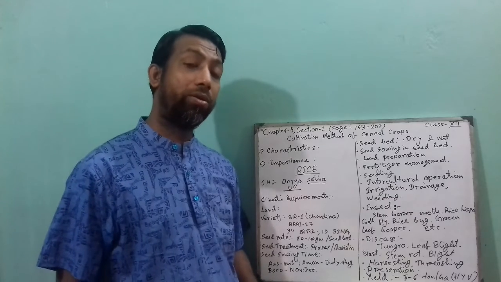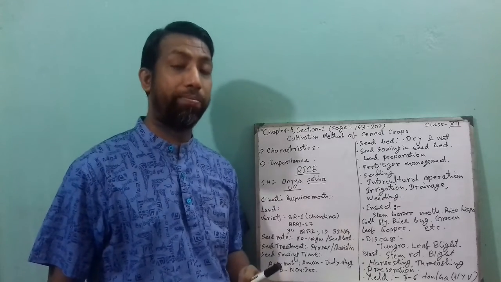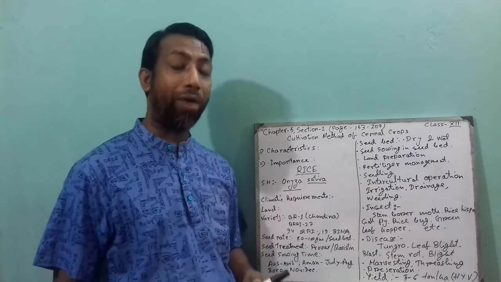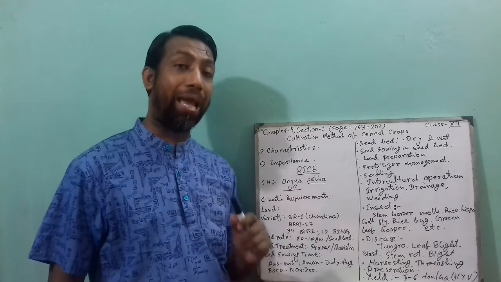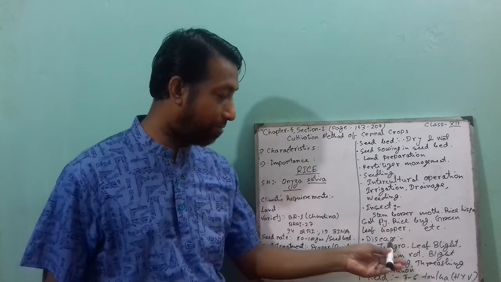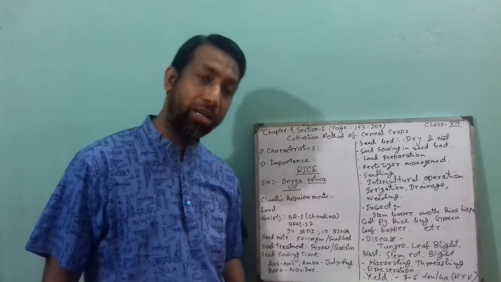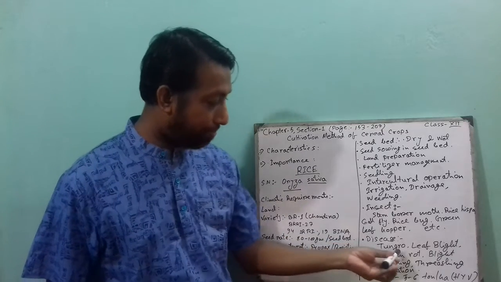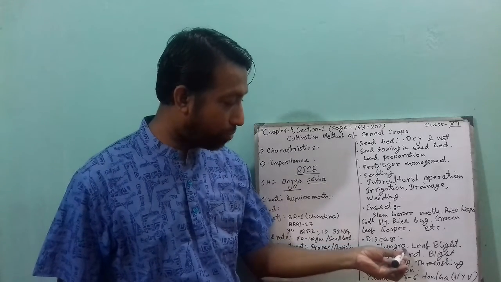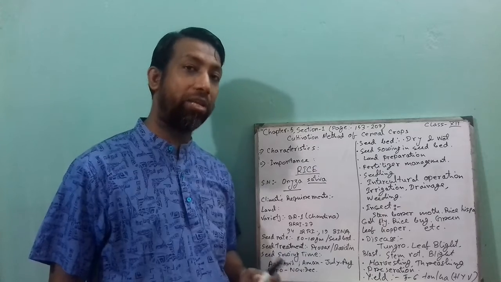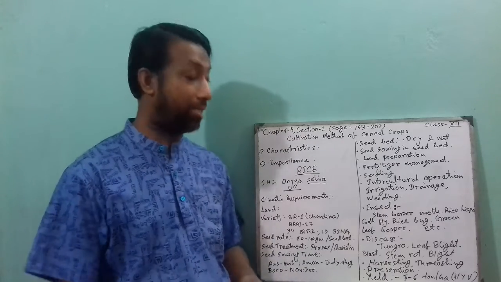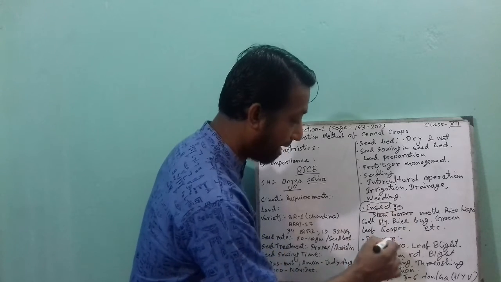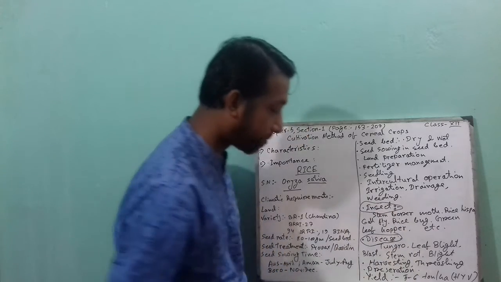So what should we do when we make sure that this type of disease has attacked the rice field? Then we have to apply some approved fungicides from the shop, and then we have to talk with the agriculture officer if we are not sure about the disease. So this one is very, very important: the insect management and disease management.